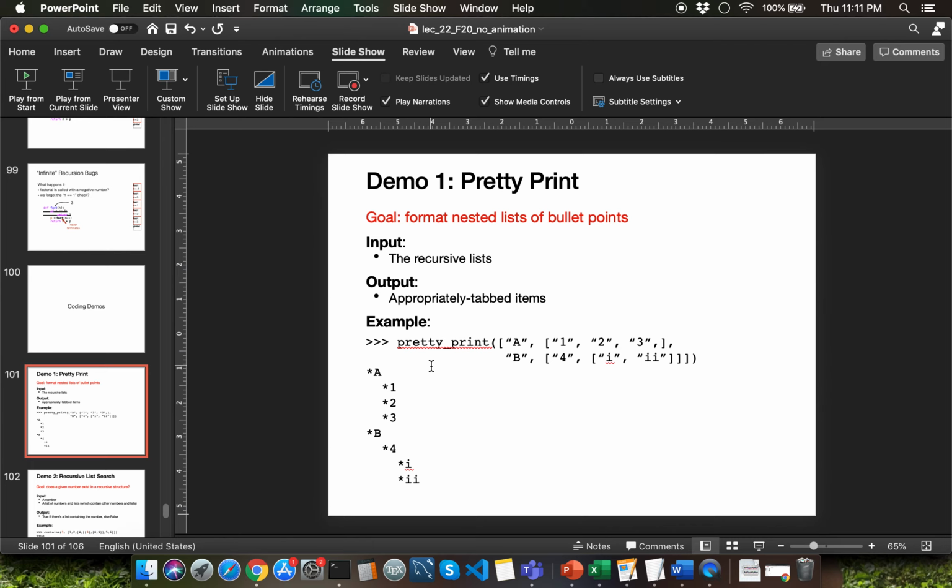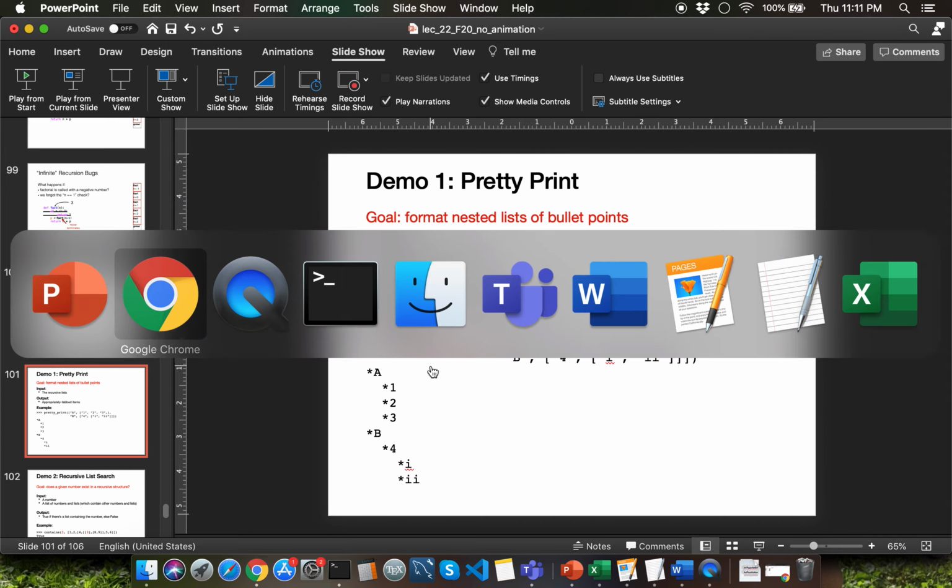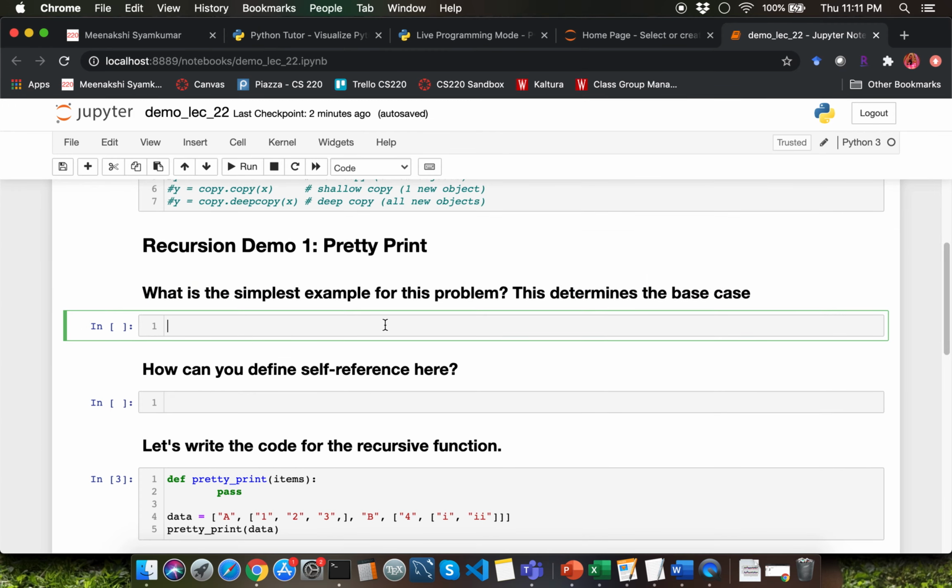The simplest example in this particular case is simply going to be one standalone list which doesn't have any other nested list. So let me go ahead and type that. So that's going to be standalone list passed as argument to pretty underscore print function.